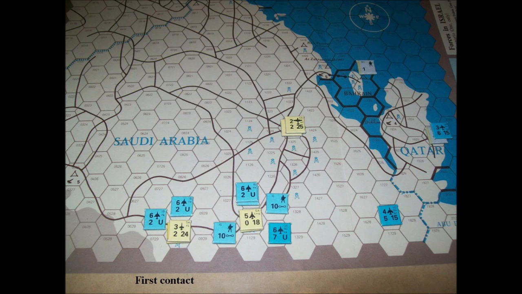We do go to the Arab player turn, and since the main attack appears to be in Saudi Arabia, the Iranian forces have to get there, so they begin to migrate south to support the defense of Saudi Arabia. Several squadrons are flown to cover the air bases, including an Iraqi squadron of Su-7s, which is flown in to cover the Israeli forces that have taken control of that southern airbase. There are no counterattacks at this stage, however. And that brings turn 1 to a conclusion.